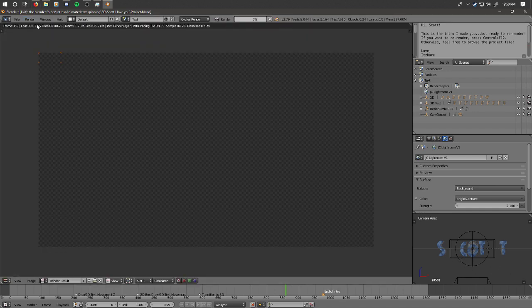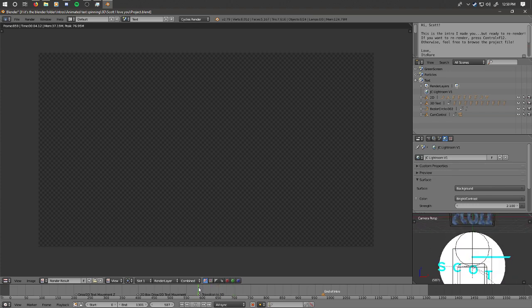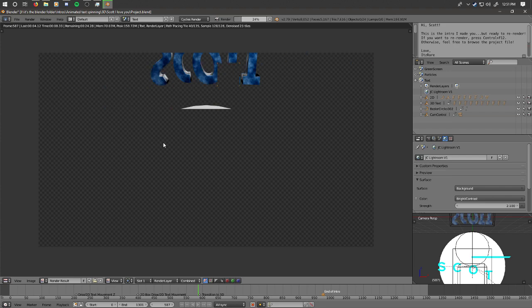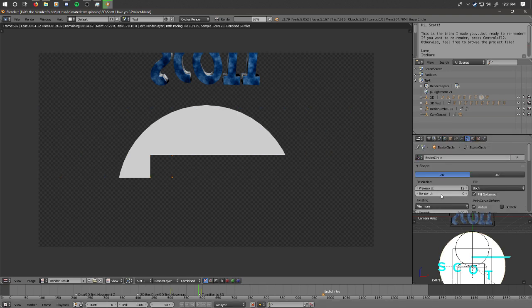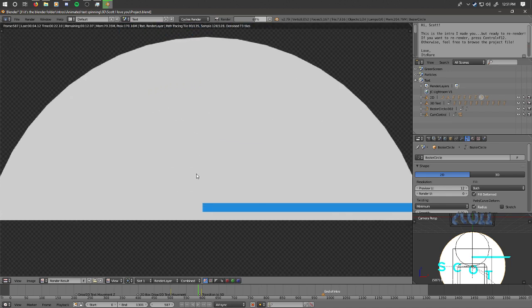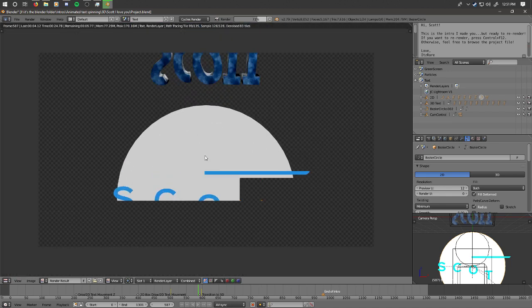There we go. Render the image. Actually, no, that's not what I want it to be. Right here. So you can see the actual renders coming in. That's actually a really choppy circle. I should probably fix that in the curve settings. Actually, you know what? That doesn't look too bad.